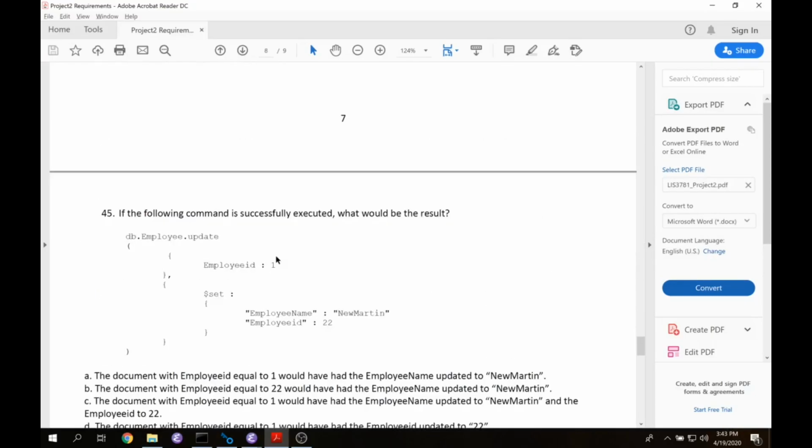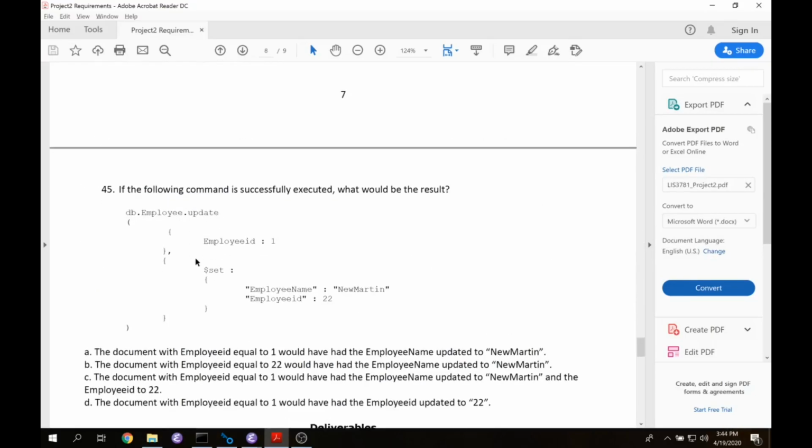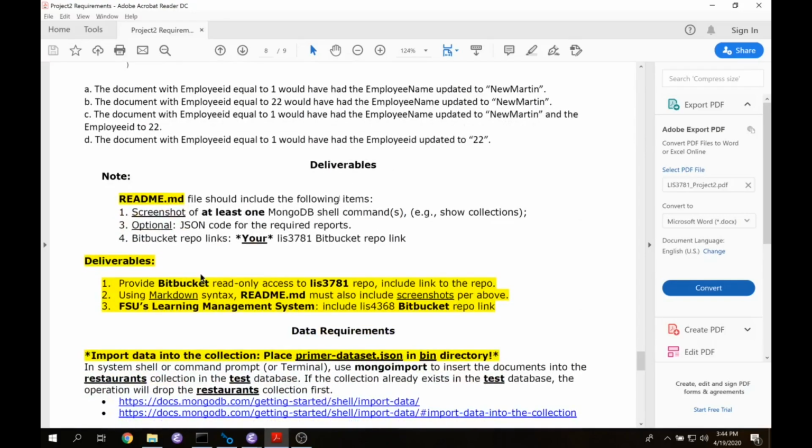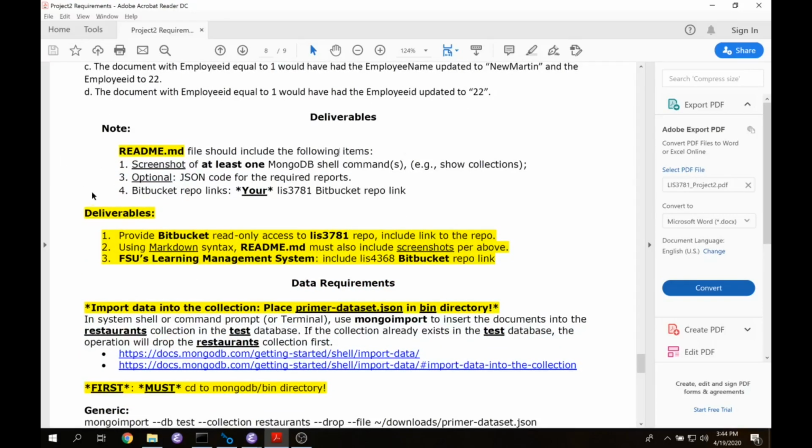Next, after 45, are the predominant resources that we're going to be using for the remainder of this video, and that is here, the deliverables and the exercises that we'll be